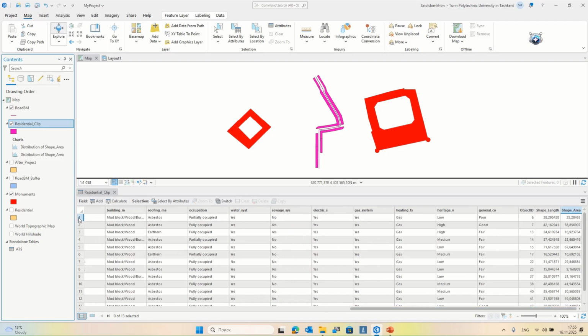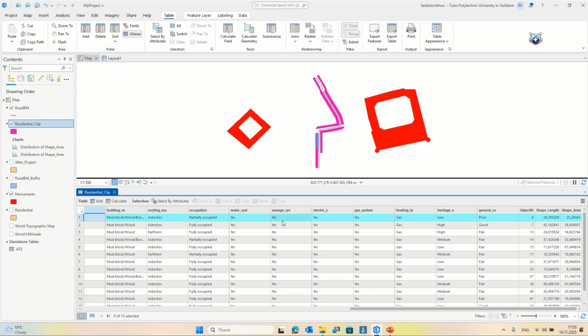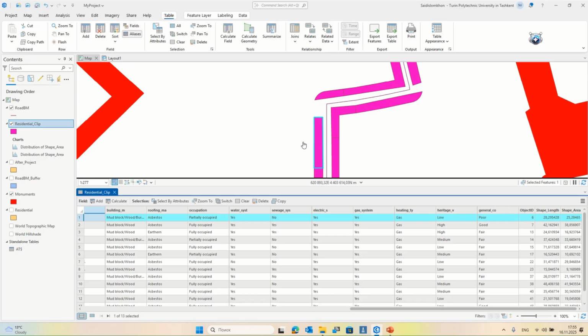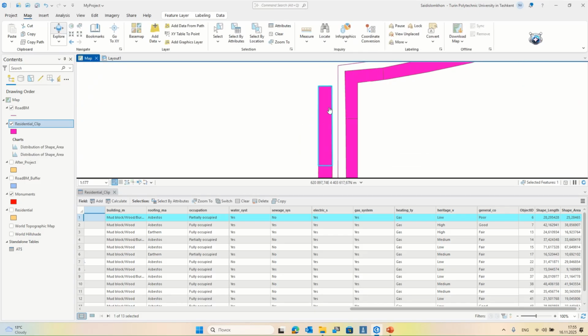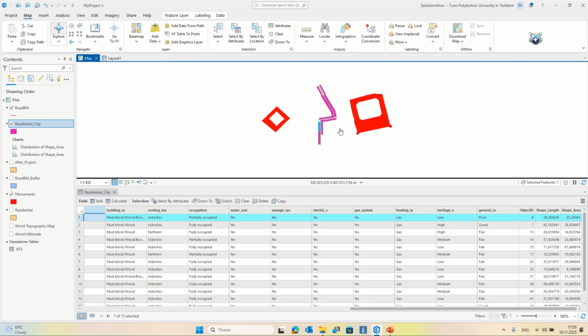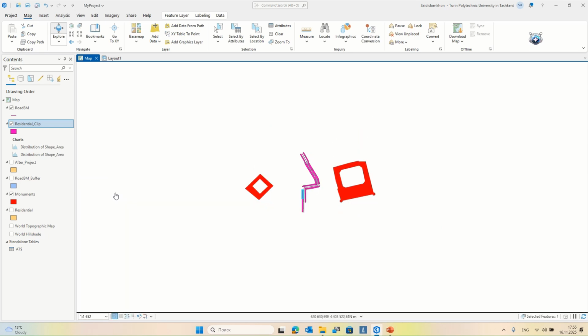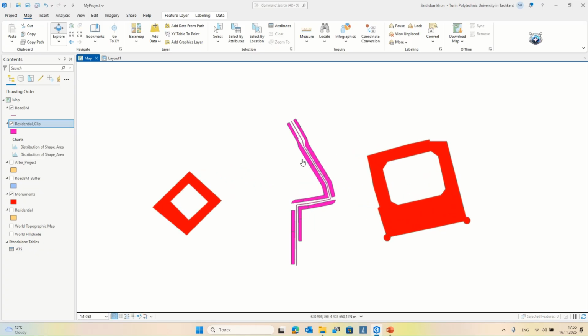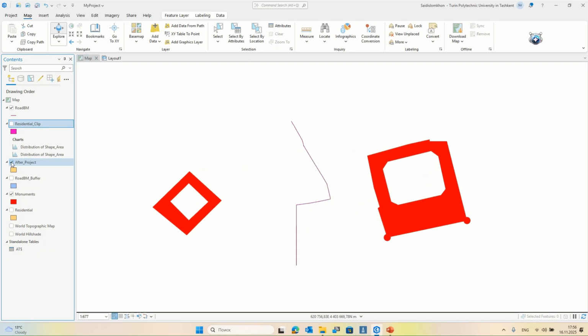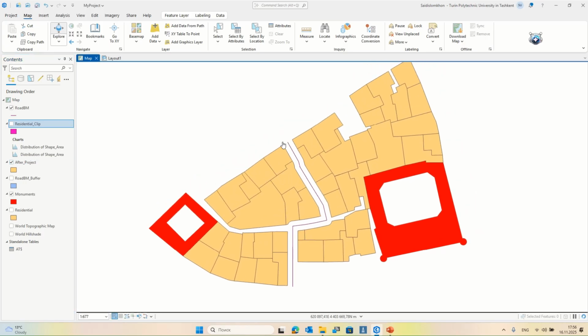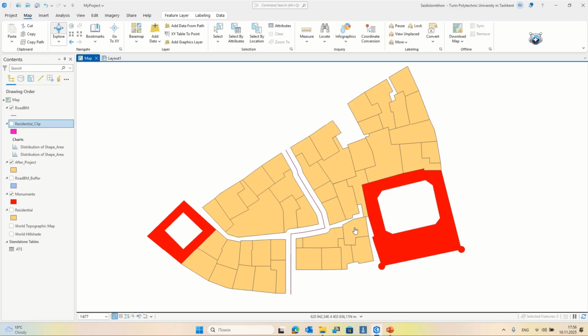Here you can see the first value belongs to this house. Okay, this is, now I cut, always clear, turn off, and after project. This is the after project, the conditions of this mahalla. Okay,